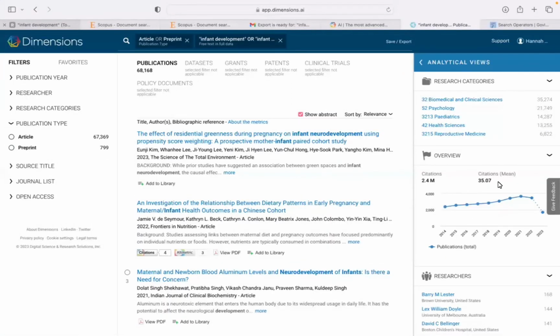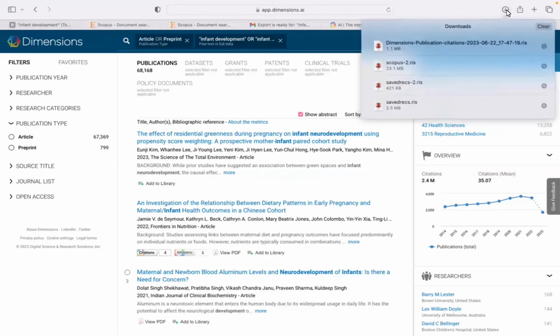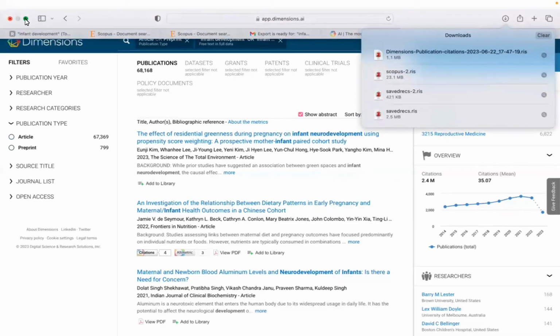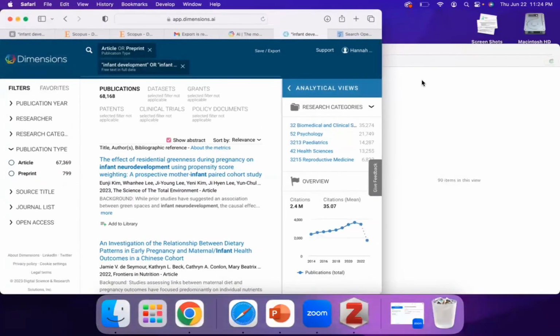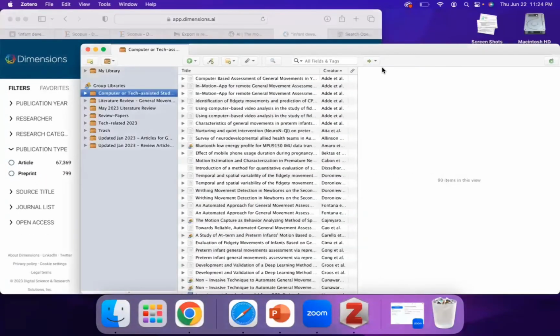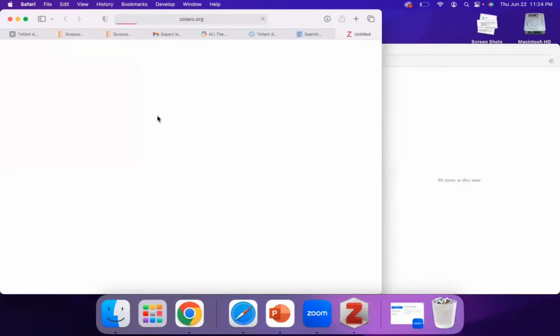Okay, so now that we've downloaded all of our different data files from these three databases, so Dimensions, Scopus, as well as Web of Science, we can go ahead and merge all of these data files on our reference management software. In this case, I'm going to be using Zotero, which is a free software that you can use. So I'm going to go to Zotero and then click on this button and then click on New Group. It will then take me to Zotero's webpage